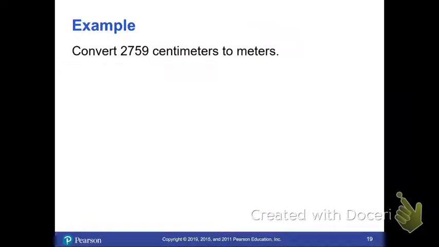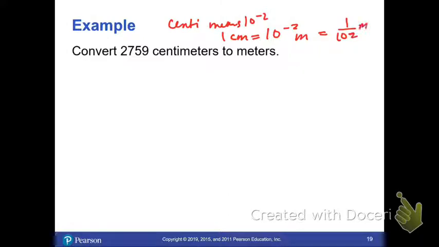So we want to convert 2,759 centimeters to meters. Okay, and so if you look at the last chart, it says that centi means 10 to the negative 2. So what does that actually mean? That means that 1 centimeter is 10 to the negative 2 meters. Okay? And of course, remember 10 to the negative 2, anytime I have a negative exponent, that means that I can bring it to the denominator and it becomes a positive exponent. Okay? And so that's really 1 over 100,